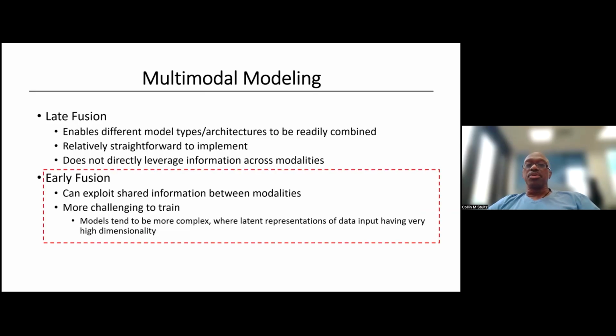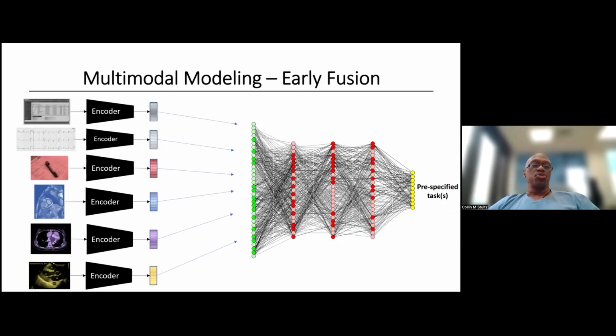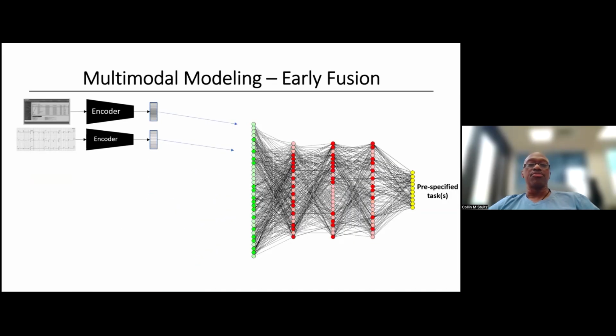So in the first part of my talk, I'm going to focus on early fusion, some of the results that we've had with early fusion, and the types of problems that we can tackle with this. And then I'll generalize later and talk more about self-supervised learning. So in a multimodal setting with early fusion, I'm going to talk about two data streams that we use: the ECG and the electronic health record. A lot of the work that I'm talking about here was done by a talented student who's a former member of my group, Payal Chandak, who's now working with Zach Cohen.